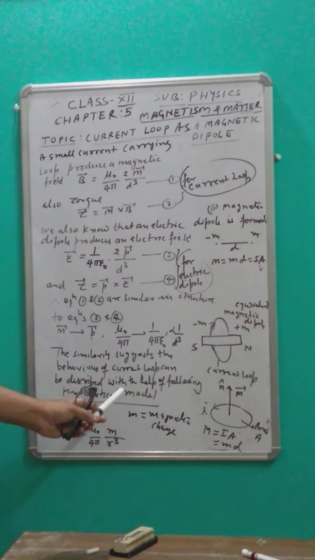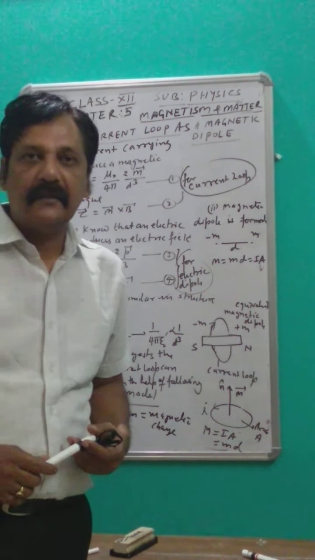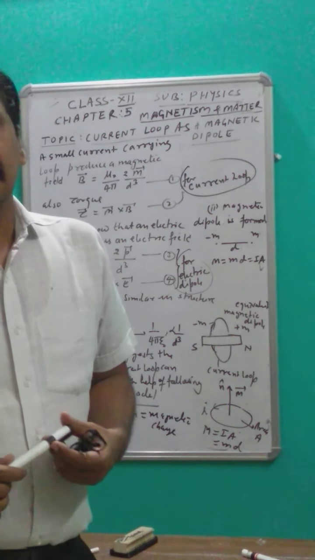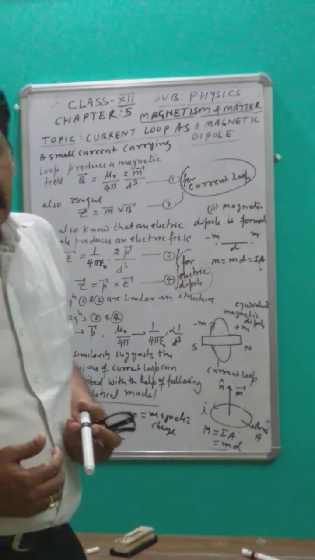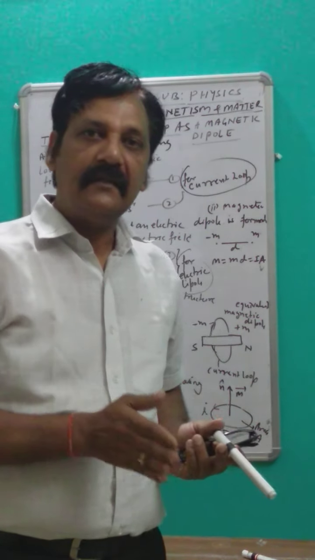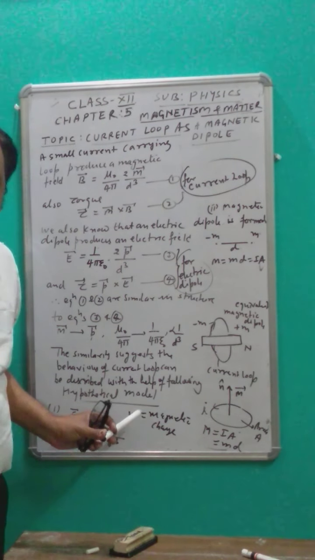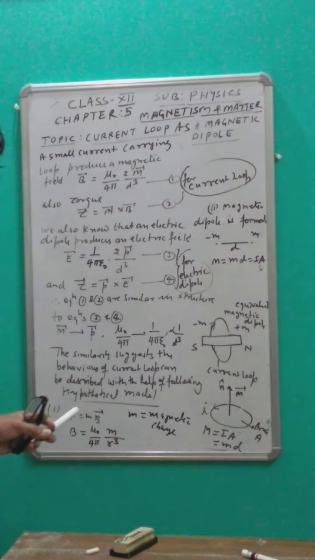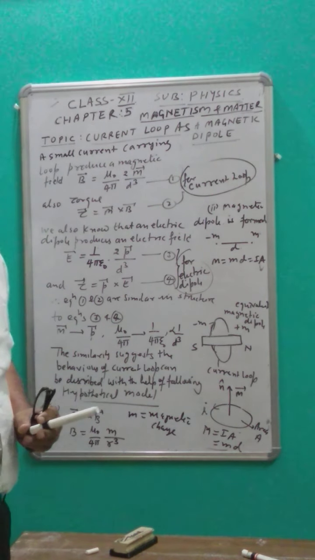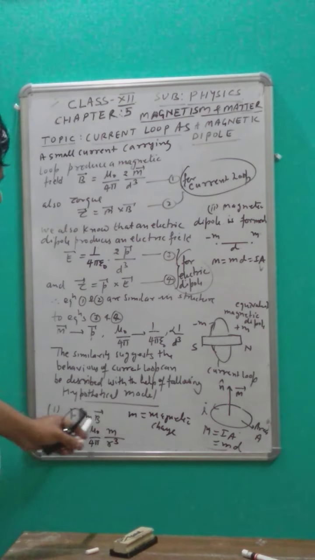According to the hypothetical method, there exists a pair of magnetic charges. So there are two kinds of magnetic charges. First is the positive magnetic charge, second is the negative magnetic charge. A magnetic charge is represented by small m. Later on, these are called north pole and south pole, or pole strength. So if a magnetic charge is placed in a magnetic field, it experiences a force.